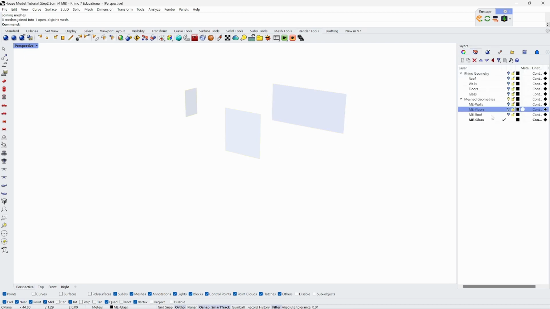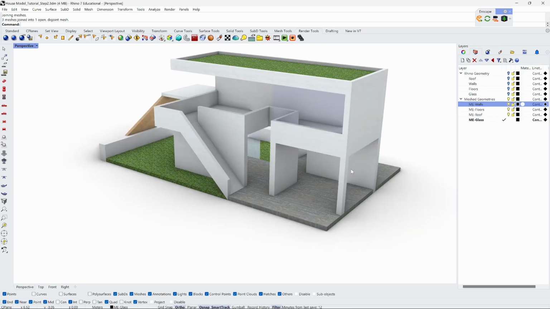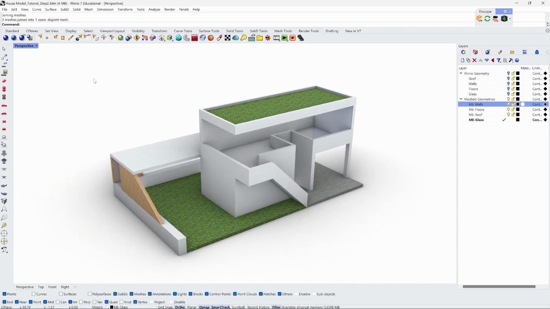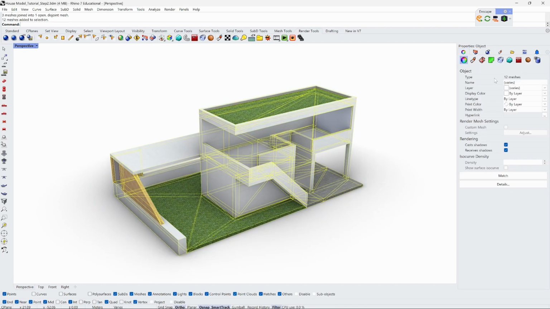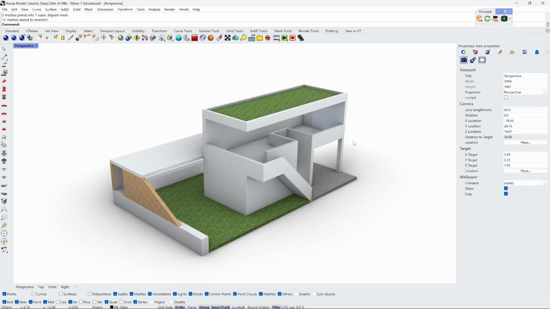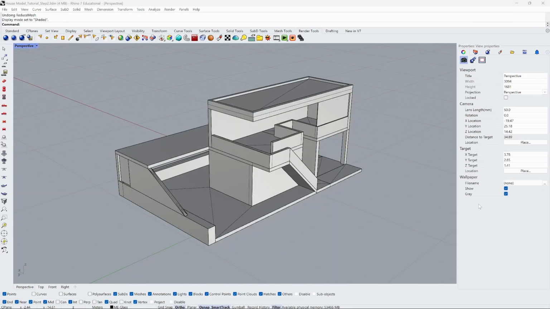Alright, so let's turn on all the mesh layers, and now we have far fewer meshes in the properties, only 12. So we reduce the number of meshes to 1/3, and that's a good thing, because this will then perform better in Unity. There is one last step of optimization we can perform on this now properly joined mesh model, and